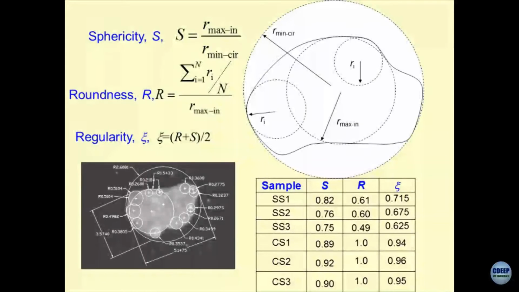So, what you are seeing over here is one of the grains of the sand on which you are working, and then we inscribe as many circles as possible. It is a game of patience. You have to sit down and analyze each image which you take, and then one circle has to circumscribe the particle, and once these dimensions are known, you can define the sphericity, roundness and regularity of the particle. So, this is the best way to characterize the morphology of the materials at microscopic level.